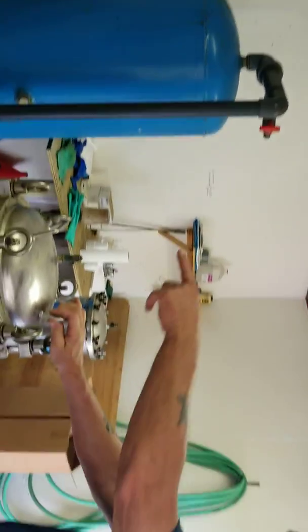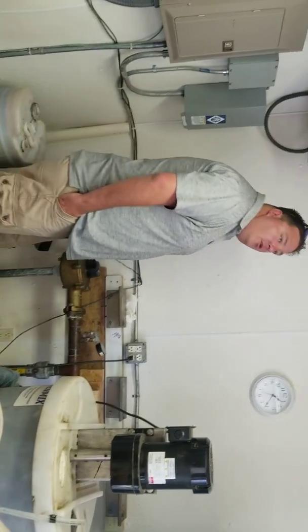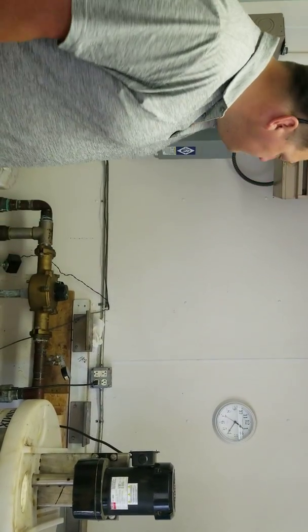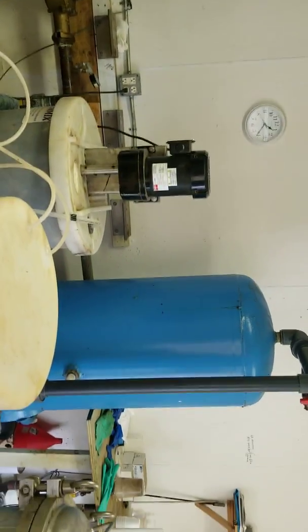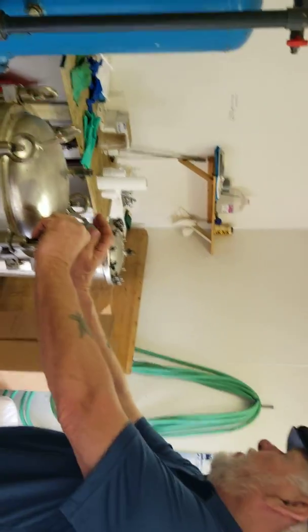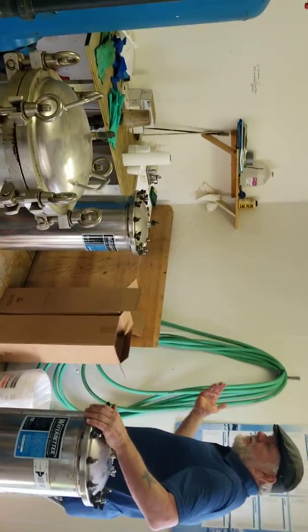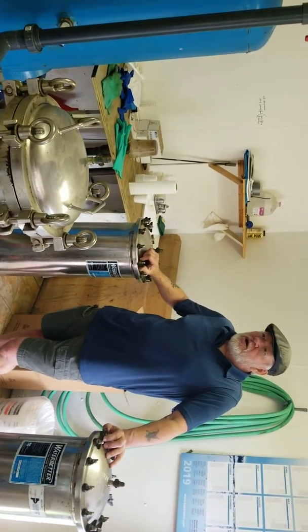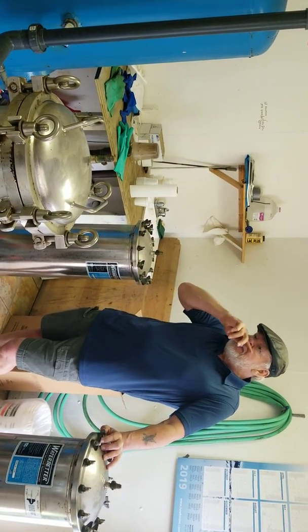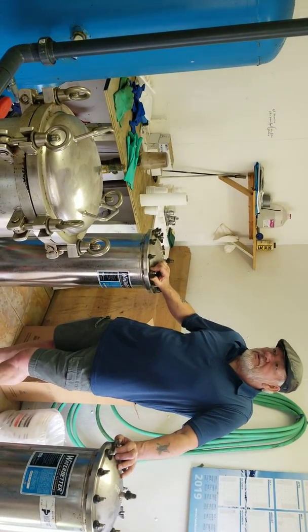And if you look at that first gauge coming in just past the meter, we're getting pretty close to 150. That gauge reads a little bit high too, so that's an indication of when they need to be changed, and so I'll be changing these 3 out. There again, it's key. The cost of operation is dependent on how much water gets used, so if there's a lot of irrigation going on up here in the summertime,